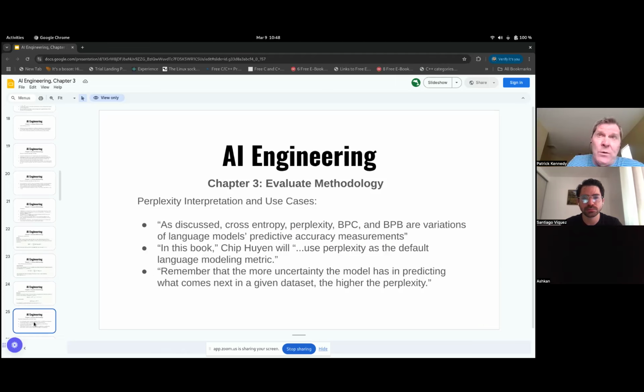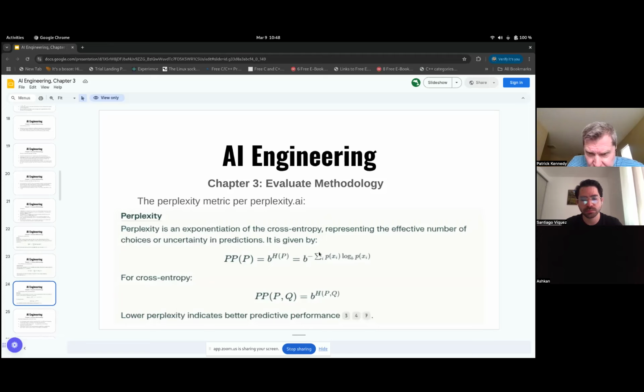For example, I noticed that right here, the summing up of px log px, I couldn't understand that. I had to ask several questions to learn that the second px is going inside of the log,